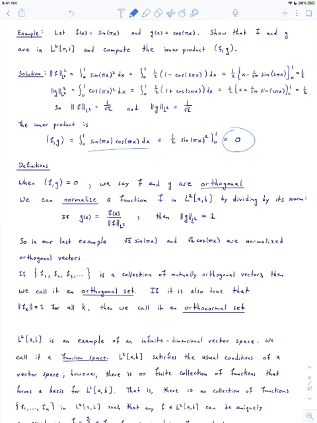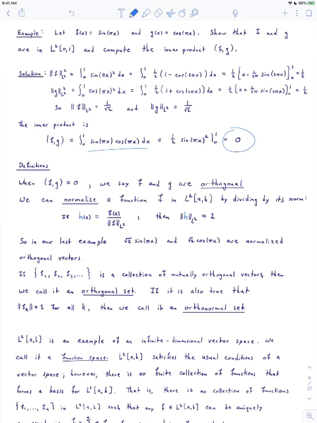And we can normalize a function by dividing by its norm. So if some function g is equal to f at x over the norm of f, maybe I shouldn't call it g since we're already using g for something else. What do we want to call it? We can call it h. So if h at x is f divided by its size, then the L2 norm of h is going to